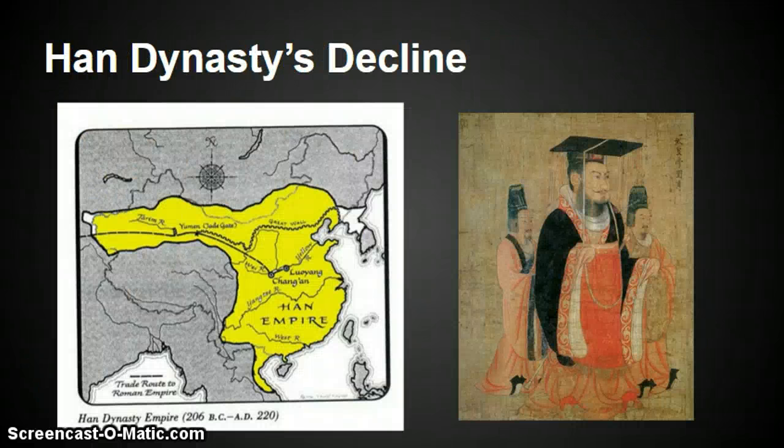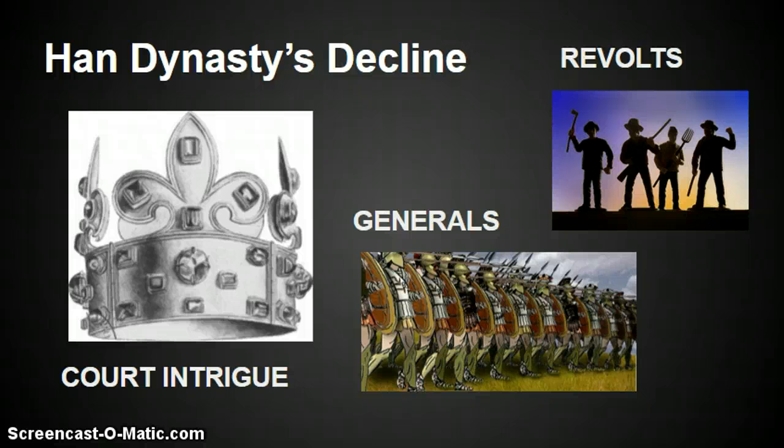Another huge empire was the Han Dynasty in China. It too experienced its share of problems before it fell. The initial weakness began when the emperor died and intrigue began among possible successors. This political strife led to the rise of several rebellions, which generals had to put down, in turn giving the generals a lot of their own power, which they could use to refuse orders from the current ruler, giving the emperor less and less power.